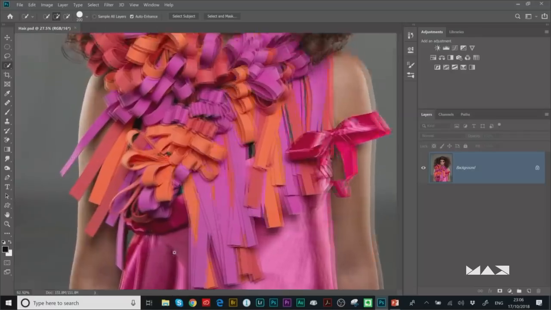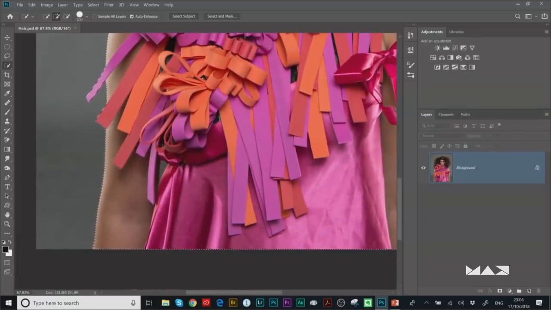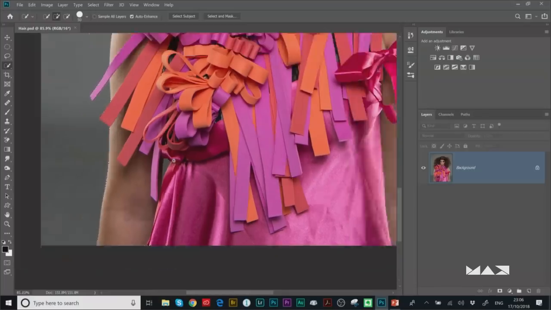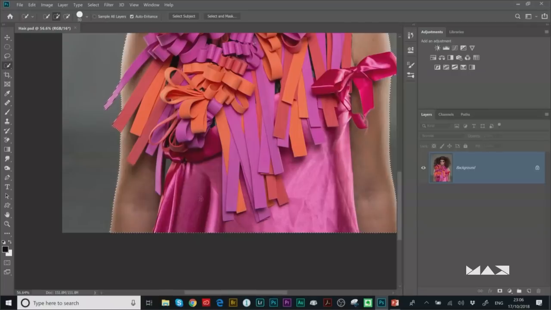Let's have a look down here. We can see there's a little bit in here I've missed, so I need to get rid of it. And what sometimes I would do is this. I'd hold down my Alt key, and I'd try to get in the small gaps, and I'd try to get it to work, and I'd spend ages trying to get the damn thing to work. But it was a nightmare. I'm thinking, what am I doing? Why don't I just come out of that for a second, and then use something basic, which is really handy,